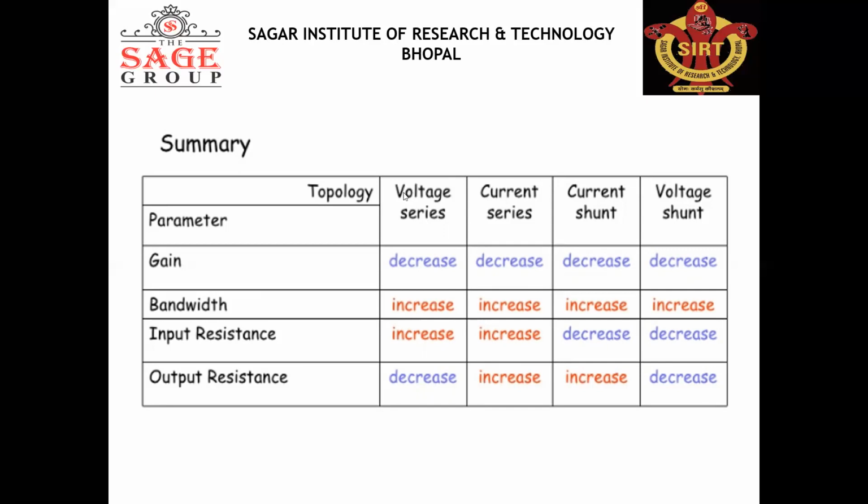आउटपुट रेजिस्टेंस यहाँ डिक्रीज हो रहा है वोल्टेज सीरीज में, क्योंकि सैम्पलिंग हो रही है वोल्टेज के फॉर्म में, और जब भी सैम्पलिंग वोल्टेज के फॉर्म में हो रही होती है, तो वहां पे पैरेलल कनेक्शन होता है। एम्पलीफायर का आउटपुट और फीडबैक नेटवर्क दोनों पैरेलल में कनेक्ट होते हैं, इसलिए रेजिस्टेंस डिक्रीज होगा। करंट का मतलब सैम्पलिंग करंट के फॉर्म में हो रही है, मतलब एम्पलीफायर और फीडबैक नेटवर्क दोनों सीरीज में कनेक्ट होंगे, इसलिए आउटपुट का रेजिस्टेंस बढ़ जाएगा, राइट। तो जहां भी सीरीज में कनेक्शन होगा वहां पे रेजिस्टेंस बढ़ जाएगा, चाहे इनपुट रेजिस्टेंस हो या आउटपुट रेजिस्टेंस हो, और जहां पे पैरेलल में कनेक्शन होगा वहां पे रेजिस्टेंस कम हो जाएगा, ठीक है।